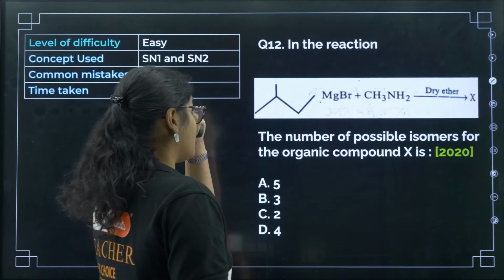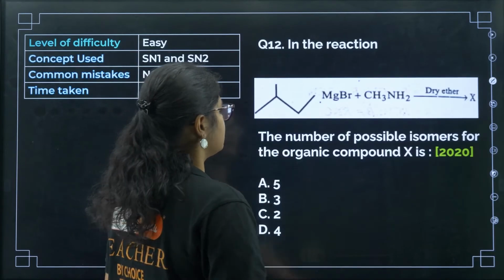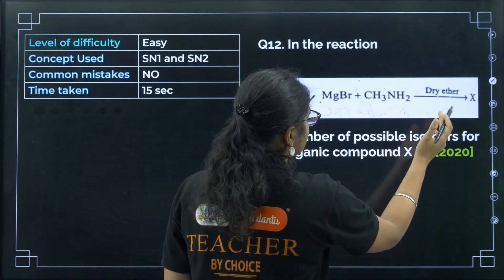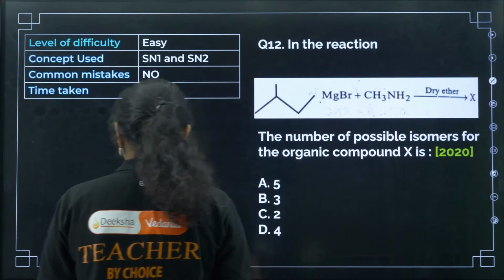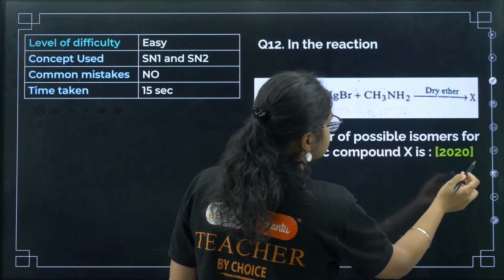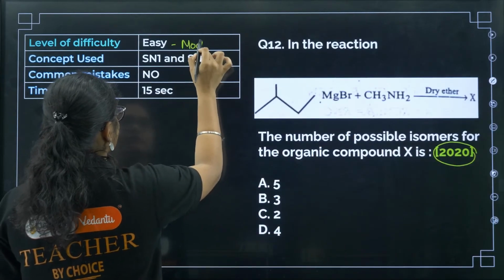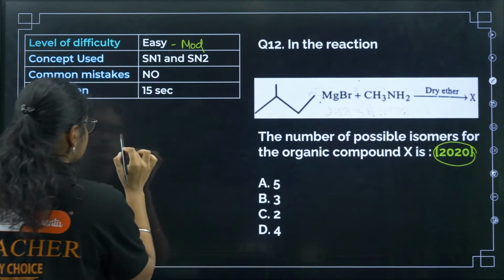Next question: in the reaction, this one is a Grignard reagent and CH3NH2 in dry ether gives you. This question was asked in 2020. It is an easy to moderate question if you know this reaction. So you should know that